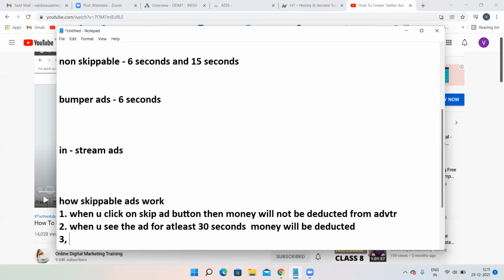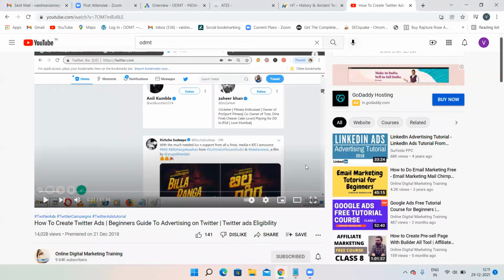And the third point is, see, now we have seen a skippable ad over here. There was an option over here, a call to action button was there, buy now or something like that, one button was there. Just observe whenever you see a skippable ad, one call to action button will be there. Same like this, here buy now is there. Here also a buy now option or call us option, contact us option or enroll now option. Some options will be there over here whenever you're seeing a skippable ad.